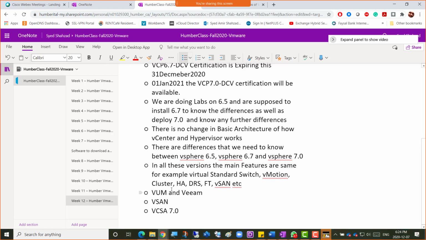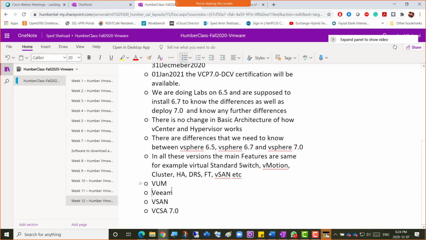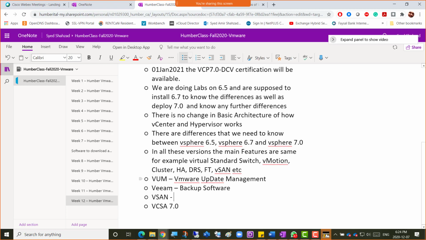They are cousins actually. VUM is VMware Update Management, and Veeam is a backup software, right? Backup software, and then vSAN, very critical. So that is also mucho importante.